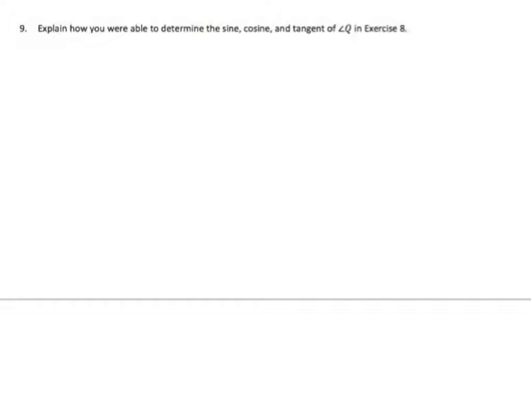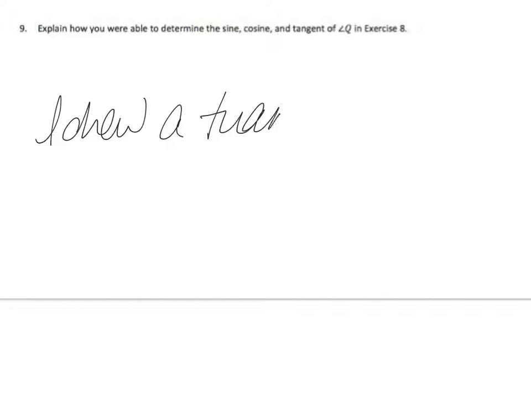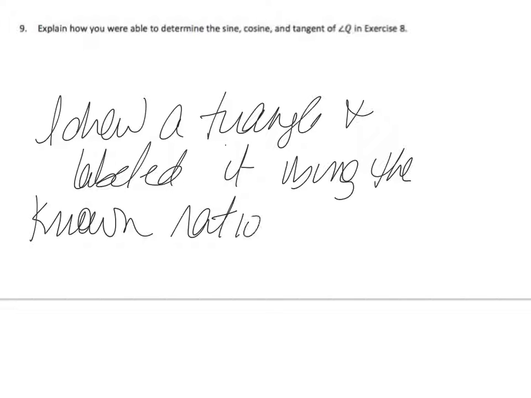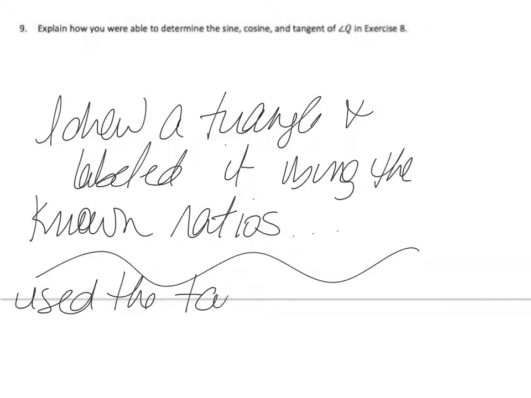Okay, last problem. Explain how you were able to determine sine, cosine, and tangent of angle Q in exercise 8. Well, it wasn't that bad. I drew a triangle and labeled it using the known ratios. You could have also used the table and labeled,